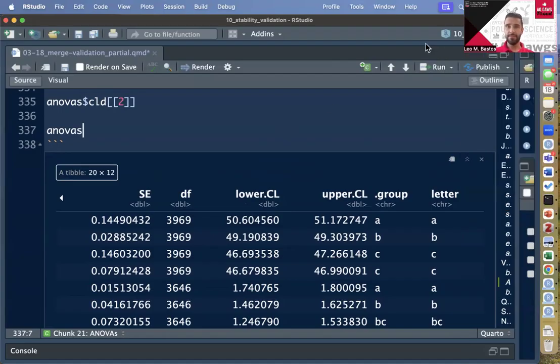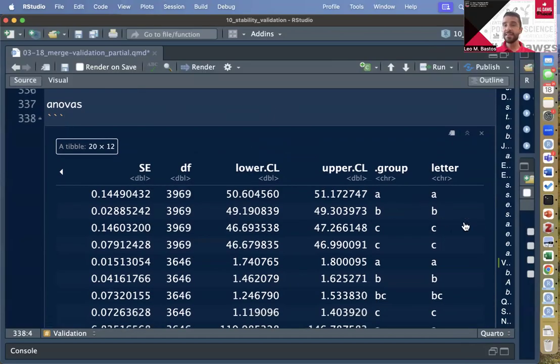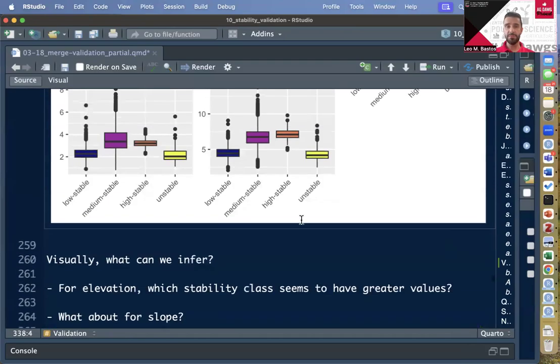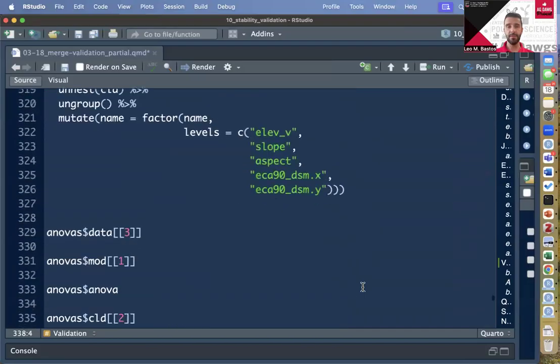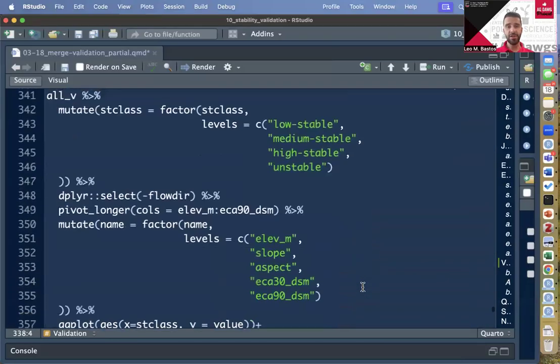All right. So why are we doing all this? It's because I basically want to be able to add these letters to those box plots here so we can make inference based on statistics and not just on visual assessment, as we were doing up until this point. So if you come to the next chunk here,